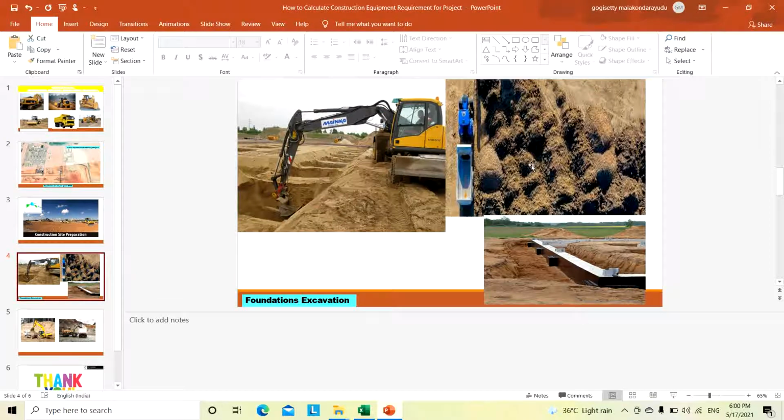Sometimes if we are spreading the temporary stockpile, we need more area. To avoid that, we will engage one more excavator here. This temporary stockpile area, we spread it and make it accessible. Then again dumpers will go on layer by layer and make it one heap like that, so that we can reduce the area.